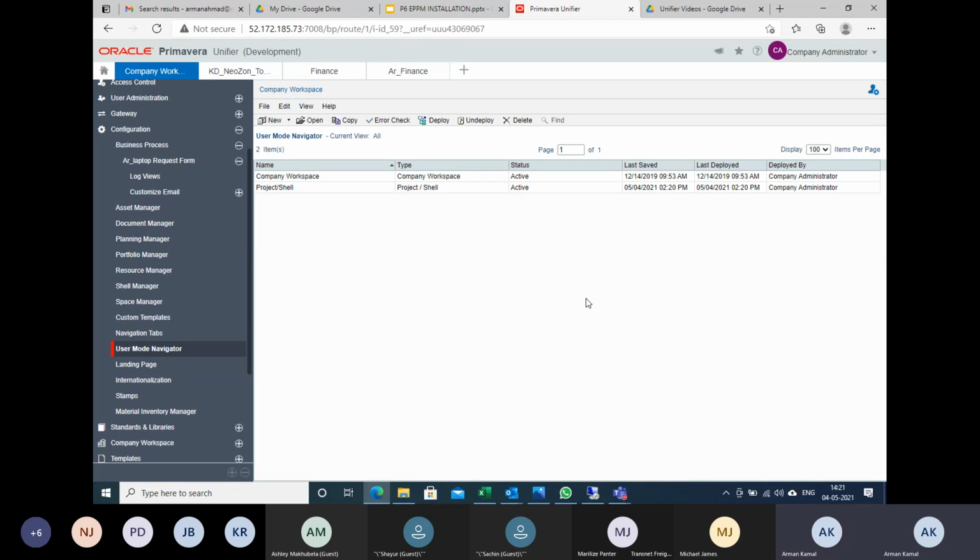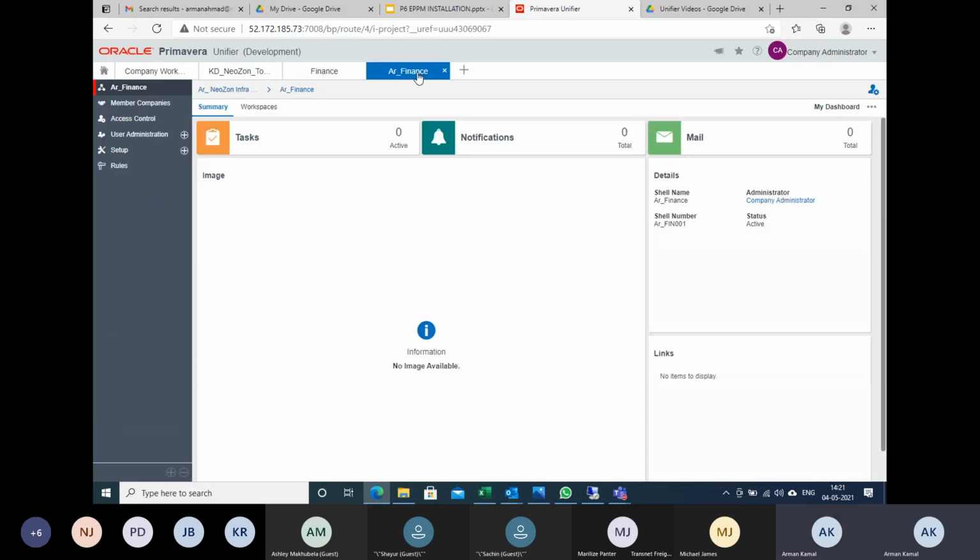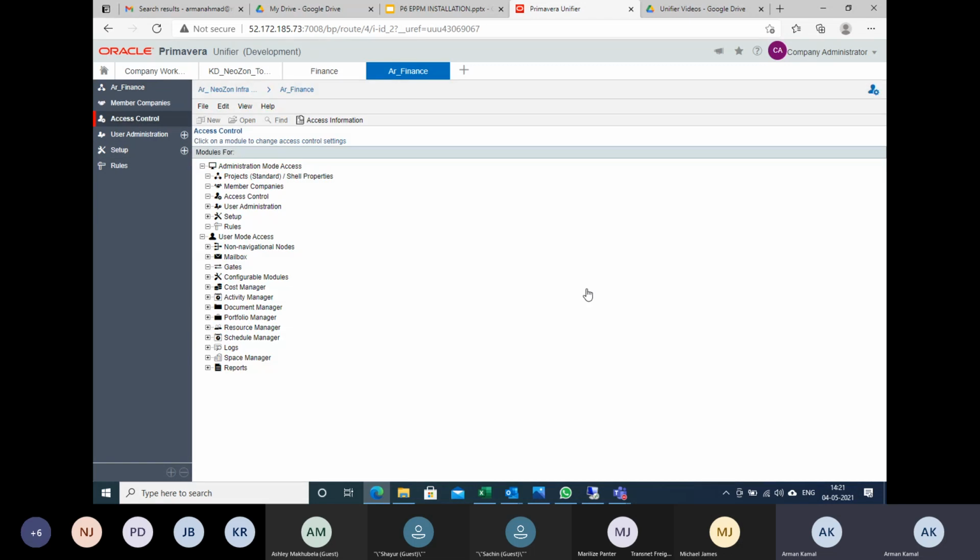Okay. Now what I need to do, I need to go to first the shell under which I need to activate that, and I need to go to the access control first because I need to enable the log. Okay, I need to enable the log. So I have jumped to the finance. Okay, and under that I have gone to the access control.